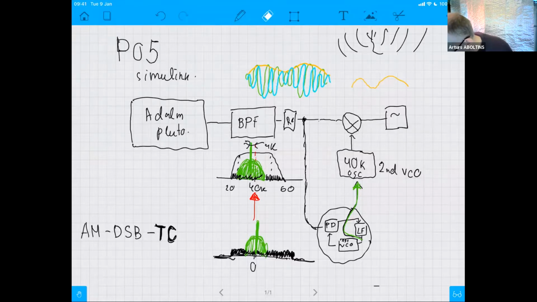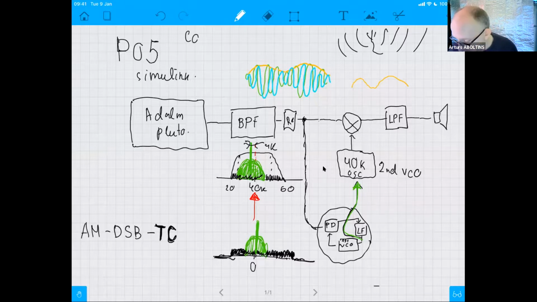So this is the low pass filter, and then it will go to the audio output. There is also a sample rate converter at this point, but I don't draw it because technically it's just some auxiliary element which is not principally important for this structure of coherent